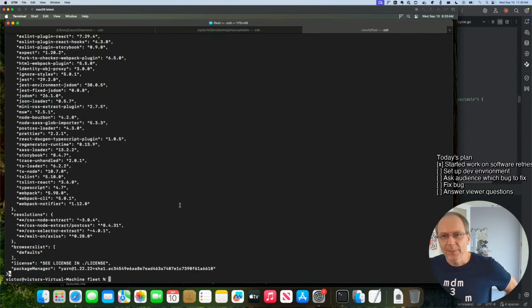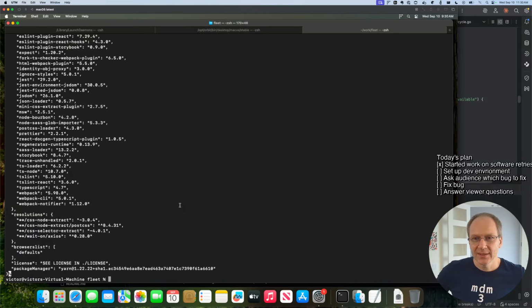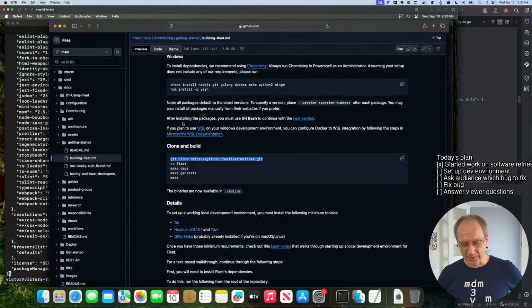Question from Andrew. Do you know why everything is in one repo and Fleet isn't a project with a bunch of repos for all the individual parts? That's an excellent question, and a lot of people ask it. We do have it documented on Fleet Why This Way. Basically, we're using a mono repo